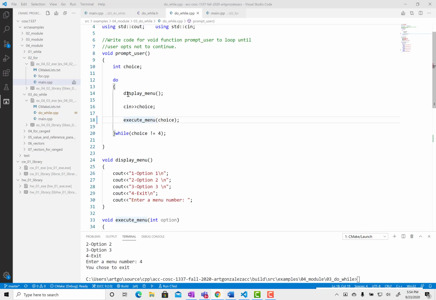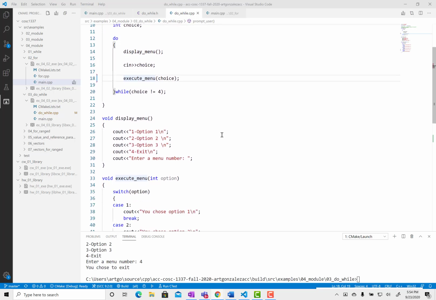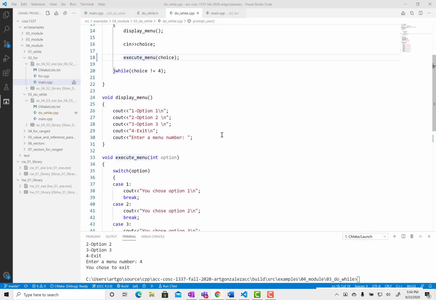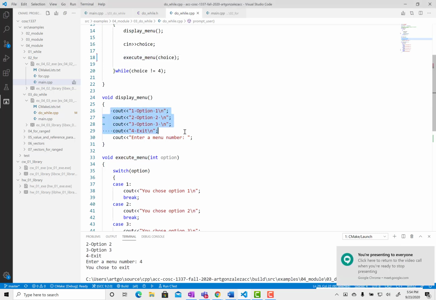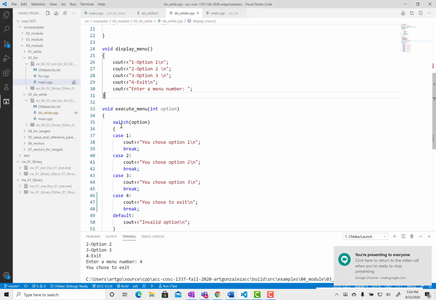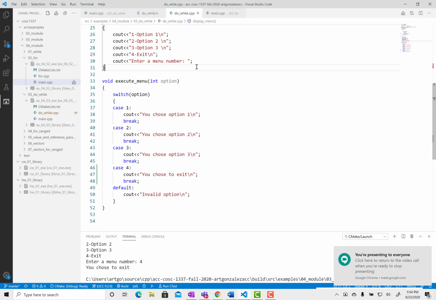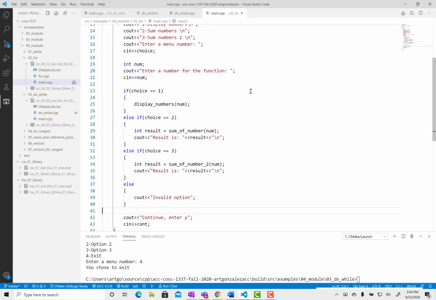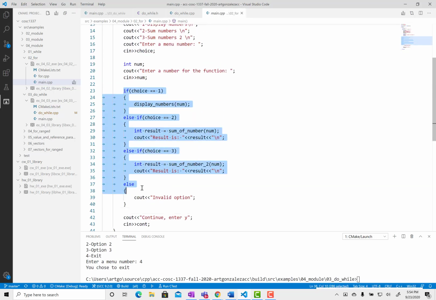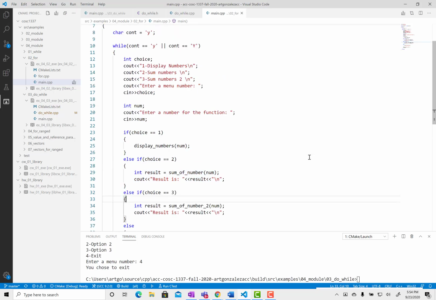We have a choice with display menu, we capture a choice, and then we execute the menu choice, and we keep on looping until choice is 4. And then we can see the function code here for display menu, and the function code for execute menu. It's the same code over here, barring the if else if, right? But it's the same code,